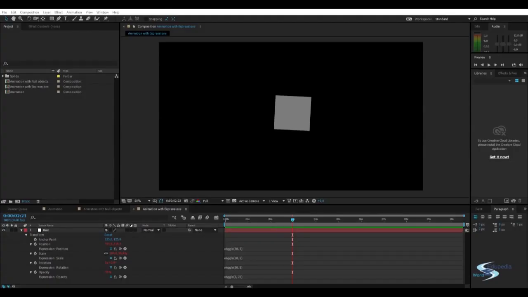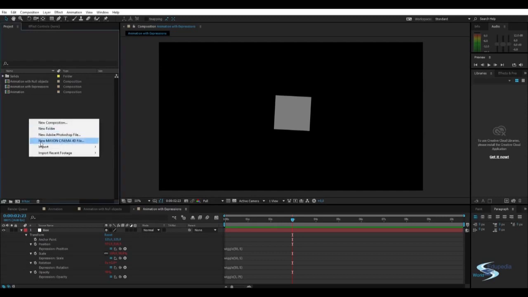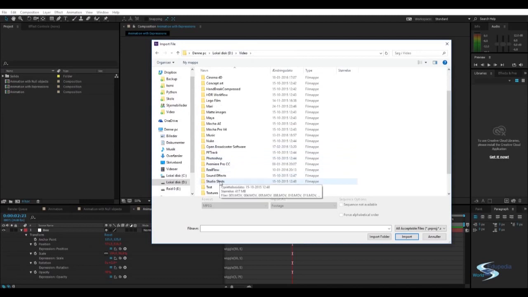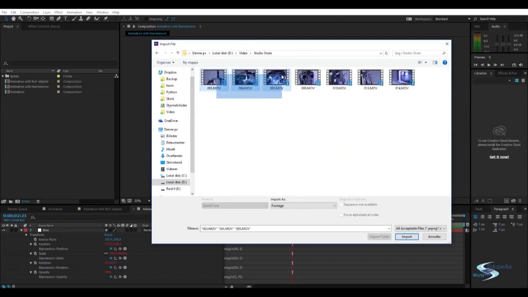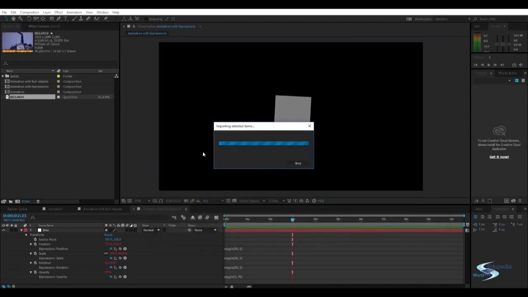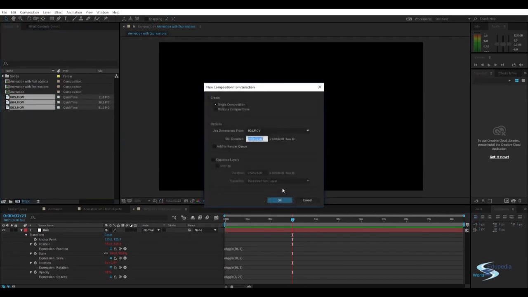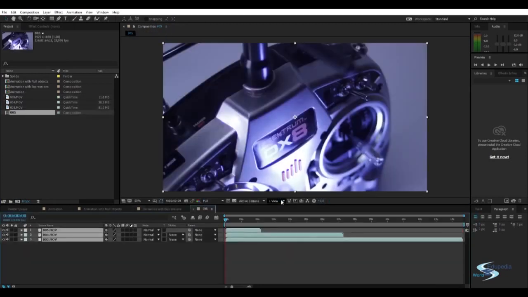In this video we will be taking a look at how you can animate effects with keyframes. So this is awesome. Let's import some video. I will just go over here, find some stuff. I'll take these 3 shots, and this is just some video that I've shot of a remote control. I will turn off the audio, and